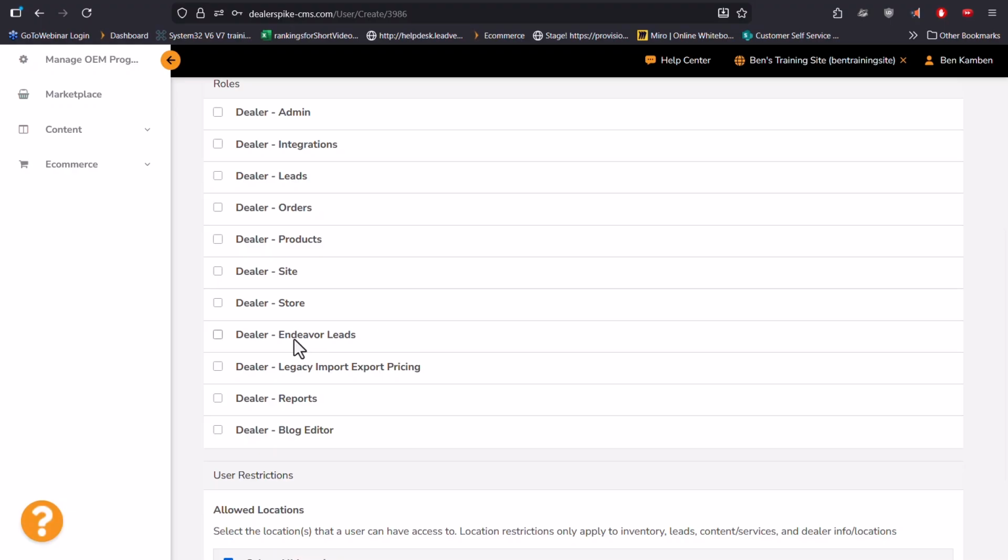we had in the Endeavor platform and are now with us on the Spark platform. Legacy import pricing, if you were with us on the Endeavor platform and you're looking to move your old e-commerce information into PSS, you'll want to have that. Reports, if you want to report on any of the traffic or other tools that we have, make sure to click that. And if you are the person that's going to be editing and creating blog posts, make sure that